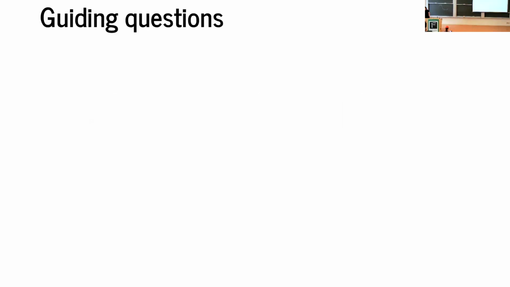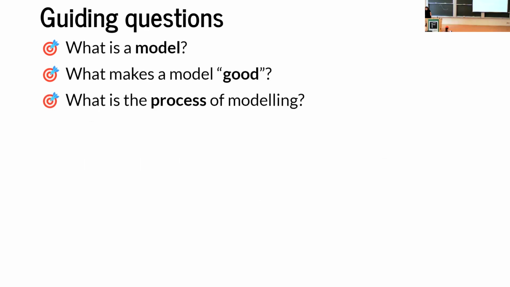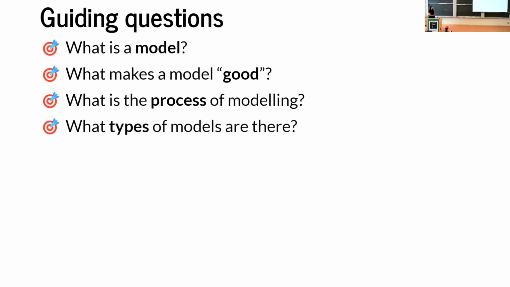So the questions that I want to guide our talk today are the following. First of all, what is a model? What makes a model good? We will get into this a little bit later in the week when we talk about model evaluation, but I'll just talk more on a high level. What is the process of modeling? Mike definitely gave us a taste for that earlier today, but I'll talk about that a bit more as well. And then what types of models are there? There are lots of types of models, lots of different ways of classifying models, lots of pros and cons. We'll talk about a few flavors that might come up this week as we work.